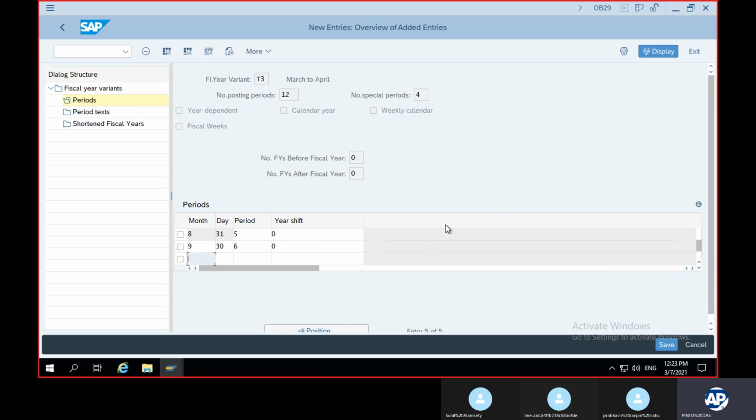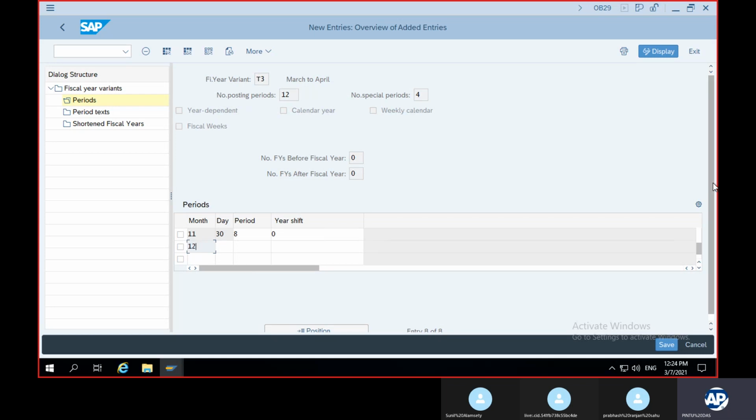Now comes month 10, that is October, 31 days, period is 7, year shift 0. Month 11, days 30, period 8, year shift 0.